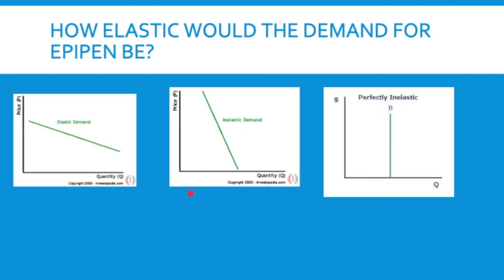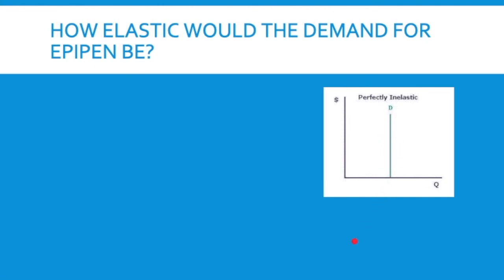And then we think about the elasticity of something like EpiPen. So if you have allergies to bee stings or nuts, you need EpiPen. Would your demand be elastic, inelastic, or perfectly elastic? This is one of the only things I can think of that would fall under perfectly elastic. If you need an EpiPen and your life depends on it, it doesn't matter if it's $100 for an EpiPen, $50 for an EpiPen, or $5 for an EpiPen. If you don't need it, you don't need it, so you're not going to buy it. And if you need it, you have to have it.